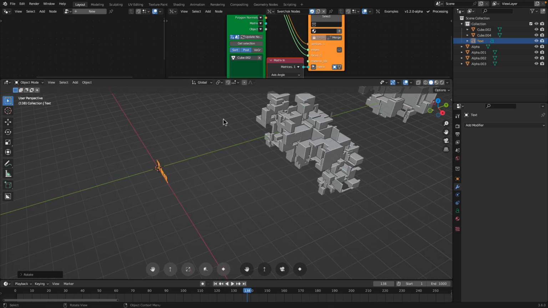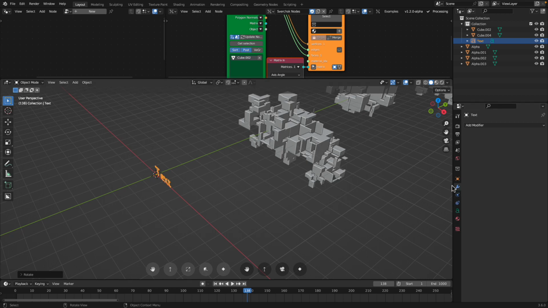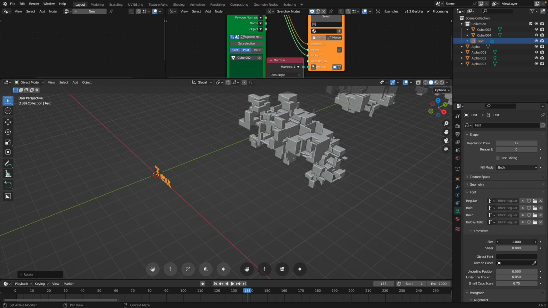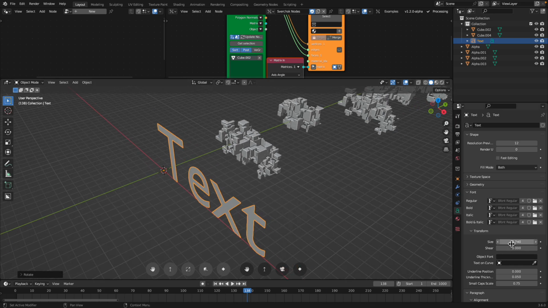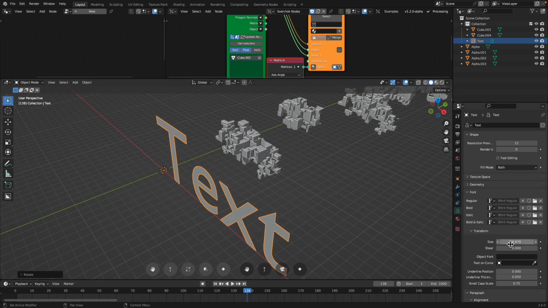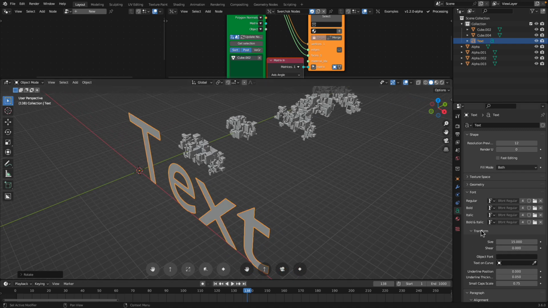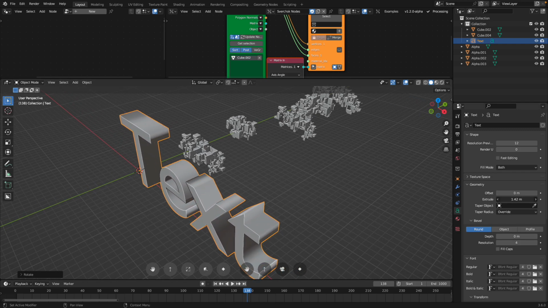So I really found that the geometry node simulation is a little bit more dynamic, and it's more like a tool, like real-time tools. So if we now use this font, for example, and I just write down, okay, make it size 15, and extrude a little bit,